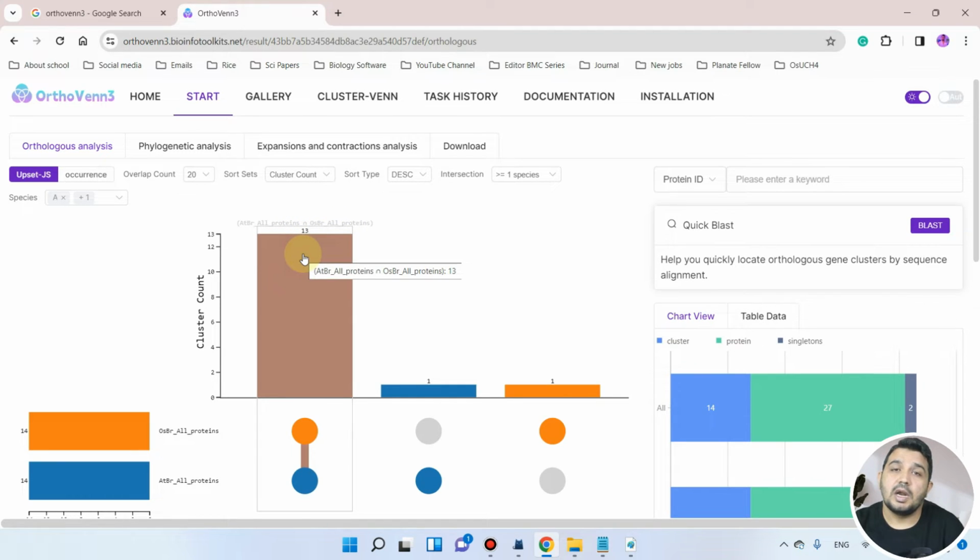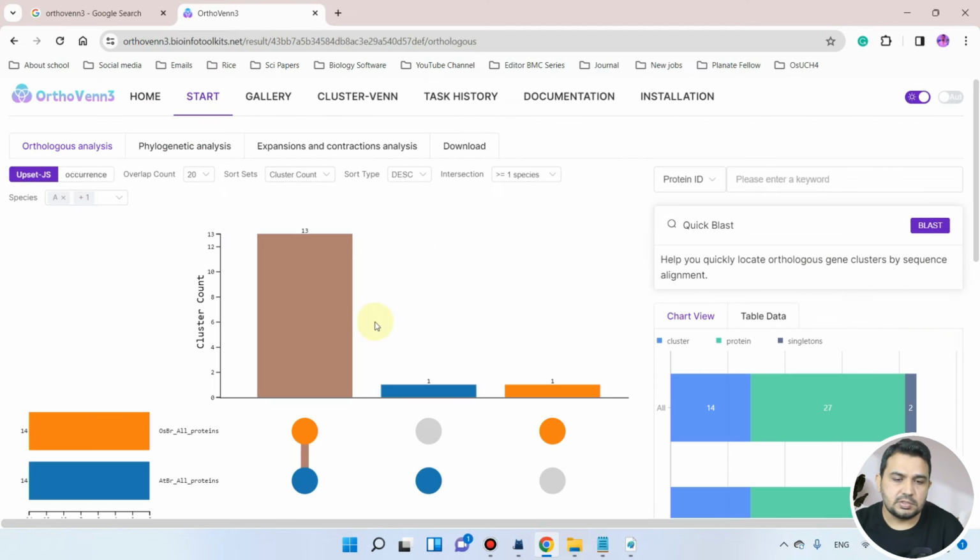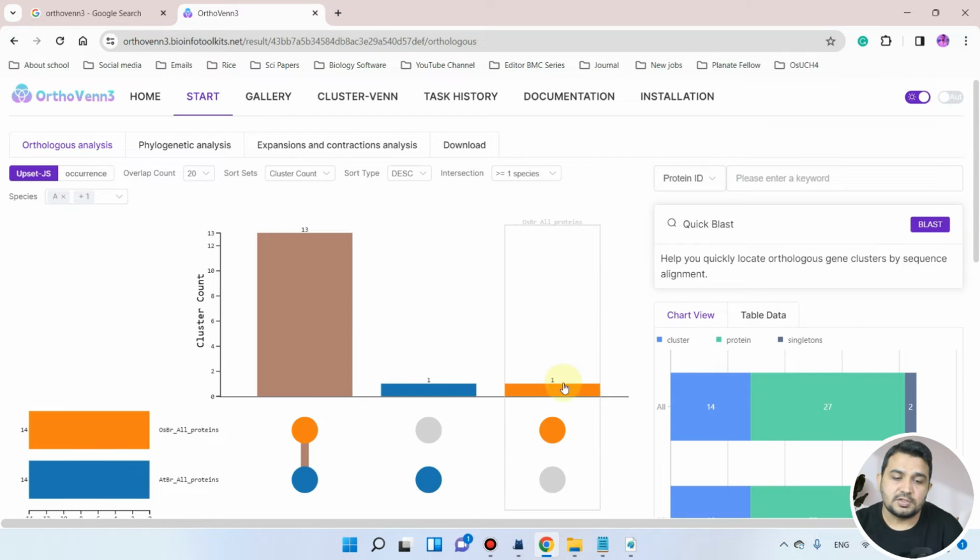If you go into this research article, you can see they also have 13 orthologous groups: 1, 2, 3, 4, 5, 6, 7, 8, 9, 10, 11, 12 and 13. So we also have 13 orthologous groups. One was unique to the Arabidopsis genome, and this one was unique to the rice genome.